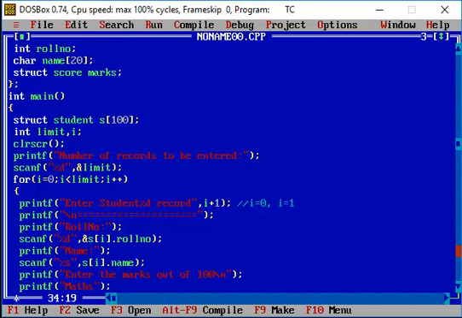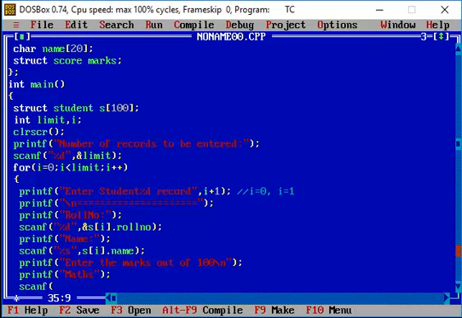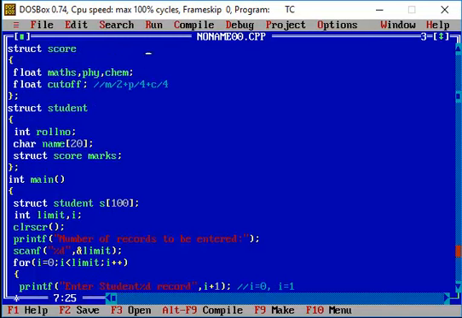Remember, you have got the marks in terms of floating point value. So here there is a trick. We are again going to make use of the same structure array variable followed by the structure member. Remember the structure member we have here is marks, and this marks has the data type that is stored in the structure, that is score.